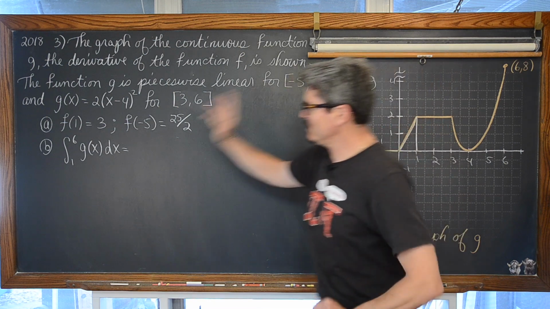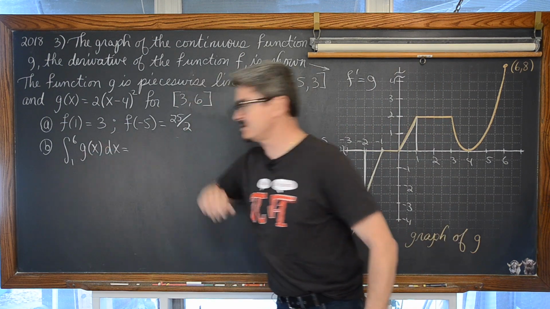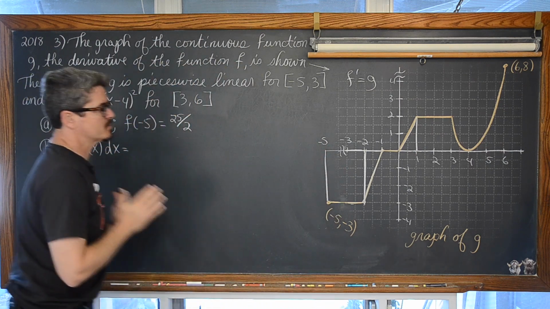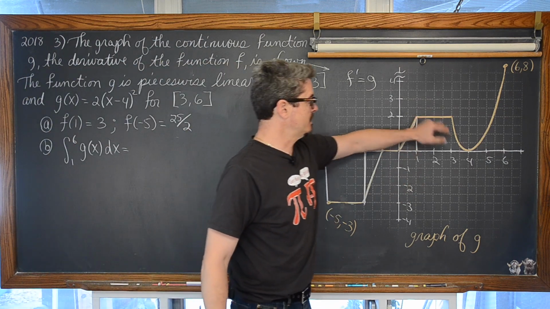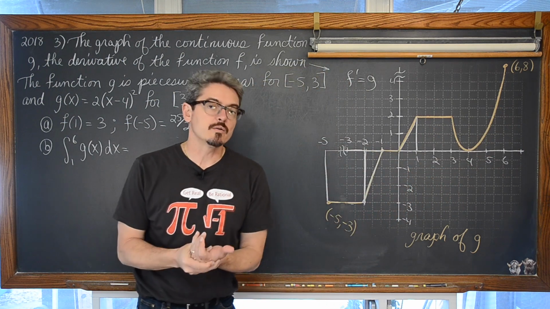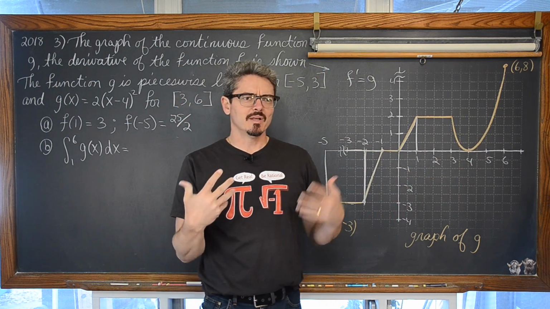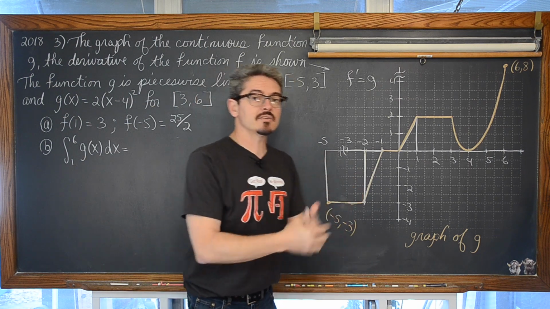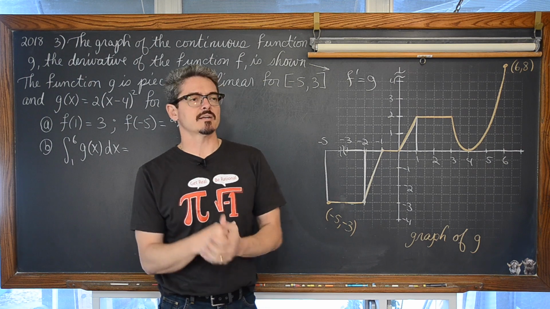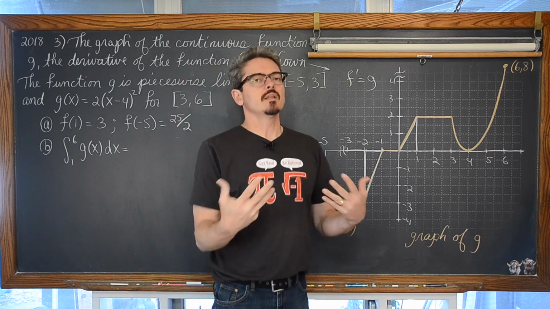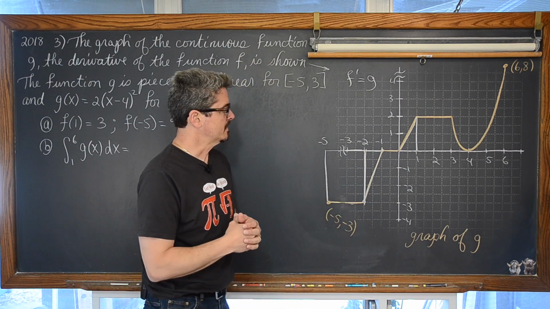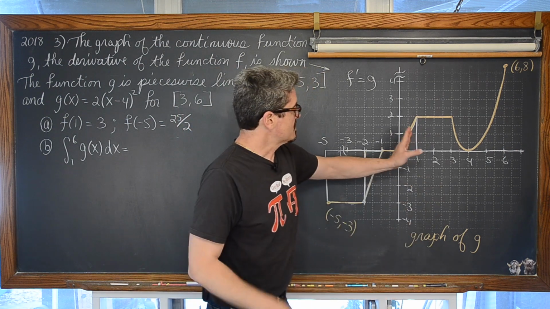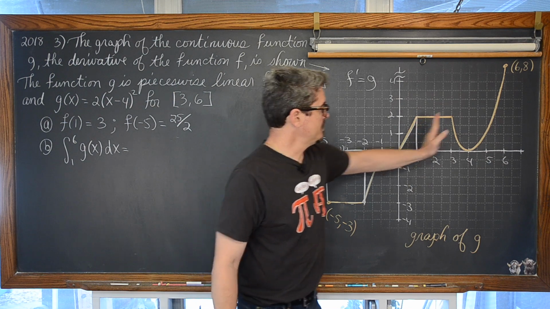Part B, we want to evaluate the definite integral of g of x dx from the value of 1 to 6. So as we look over here, we want to evaluate the area we're accumulating, or the value of the definite integral. Some teachers have a problem with you saying area when it's falling below the x-axis. I like to say that when the area is negative, it's just indicating that the function is below the x-axis. But really a definite integral is a limit of sums, and the application of those values can mean pretty much anything. So we have from 1 to 6.